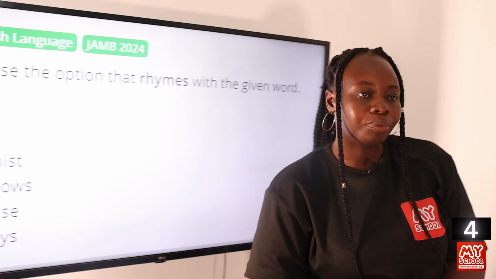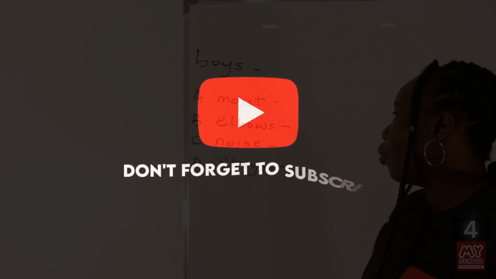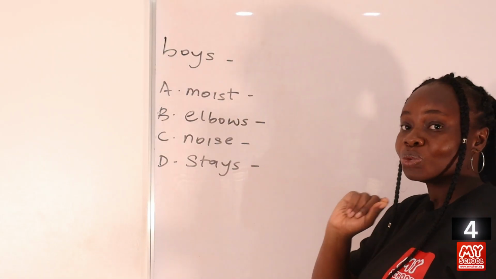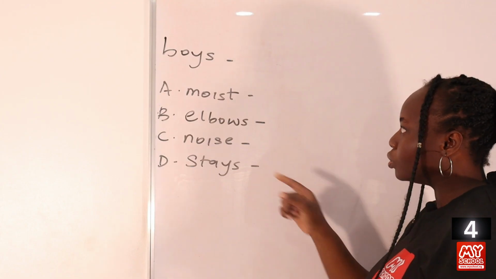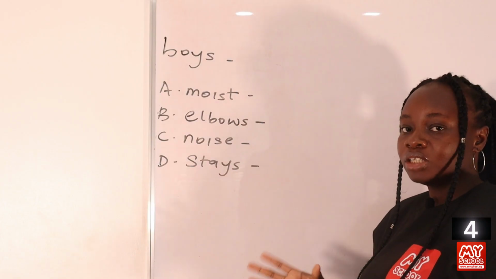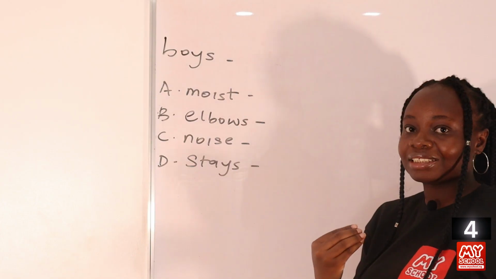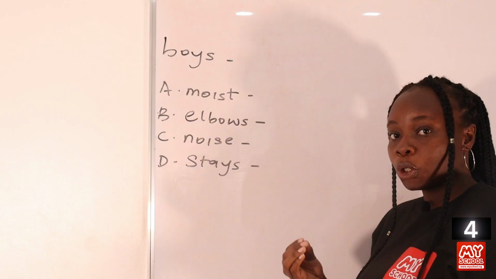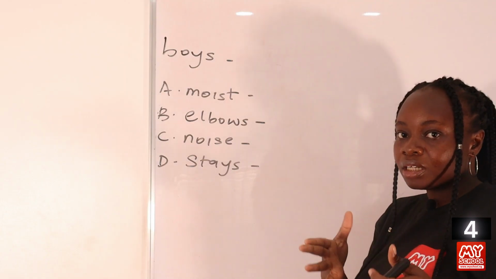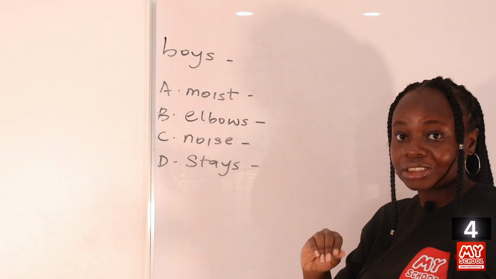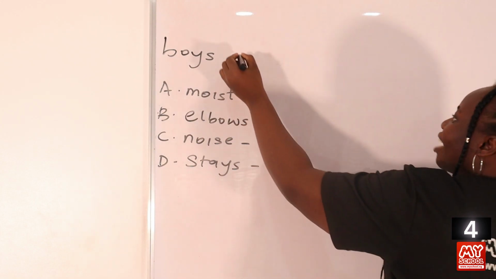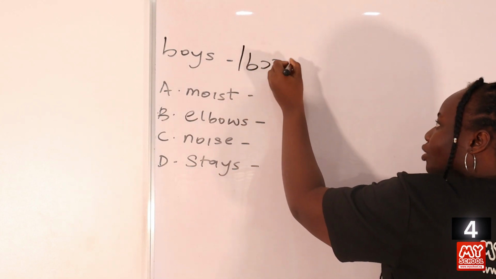Now let's go to the board to transcribe the words. So the first word, boys, is pronounced as boyz. It's important to note that when a noun ends with a vowel sound or a voiced consonant sound, the plural marker attached to it is pronounced as z and not s. It's only when you have a voiceless consonant that you pronounce it as s. As in the word book, when you are writing the plural form, it's pronounced as books because the k is a voiceless consonant. So it's important to note that when you're transcribing words with a plural marker. So in this case, we have boyz and not boys.